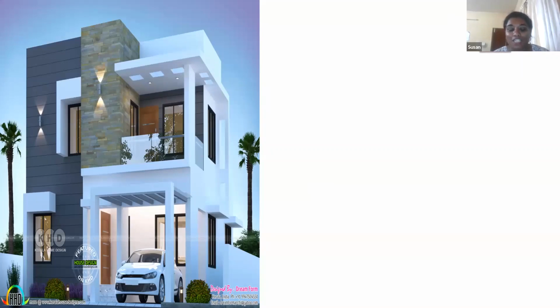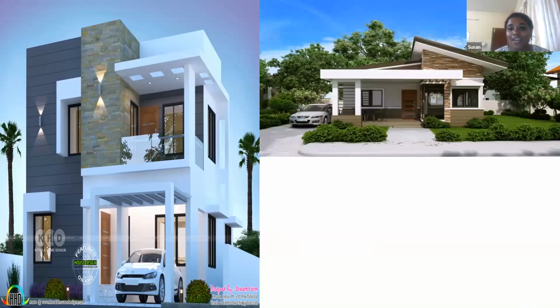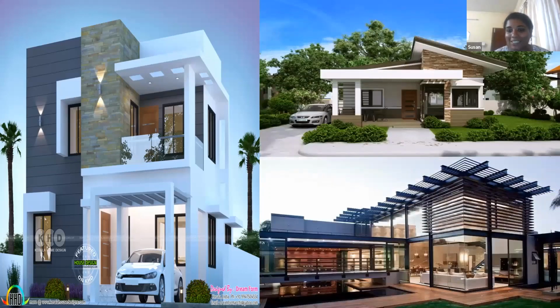I won't take too much time, we have very limited time, so we're moving on to the topic. Let's look at this house. The basic idea is, why do we need a home? We need a home as a place of shelter, as a place where a family gathers, or a group of individuals who come together and stay. But does every home look like this? Definitely not. A home can look different ways.